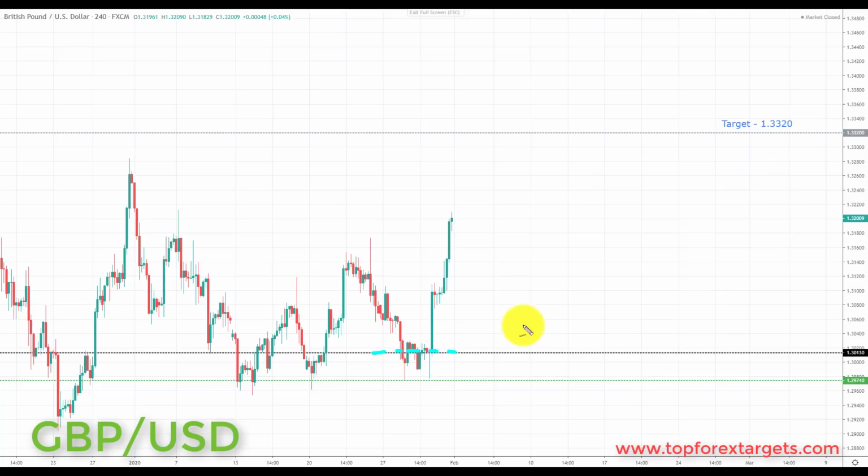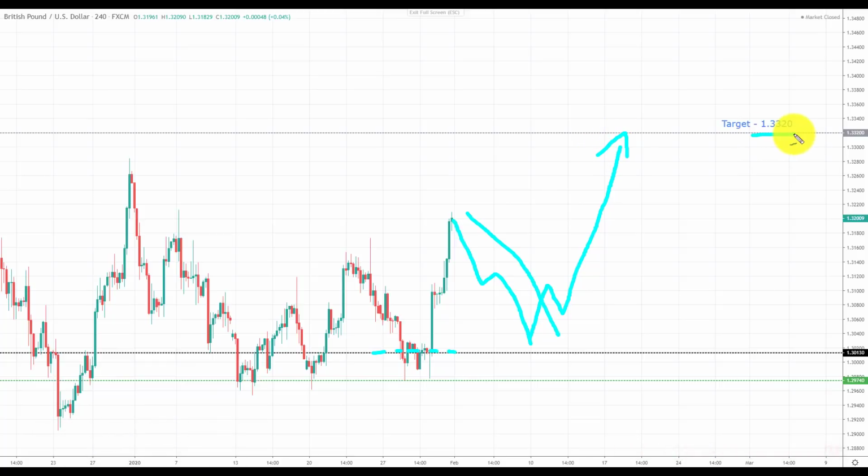For anybody not involved from last week, what we'd like to see is any pullback in this area. Preferably, as always, if we come back and retest it once more, as we always get better risk to reward on the setups the deeper the pullback. But any pullback in this area is going to give us an opportunity to start to look for bullish setups. And if we get the right kind of bullish setups in this market, we're going to be looking at initiating longs up towards the next key area of resistance to the upside and the target set at the 1.3320.